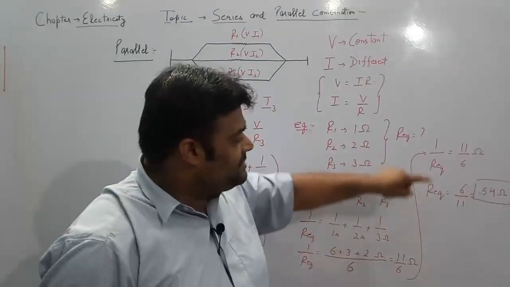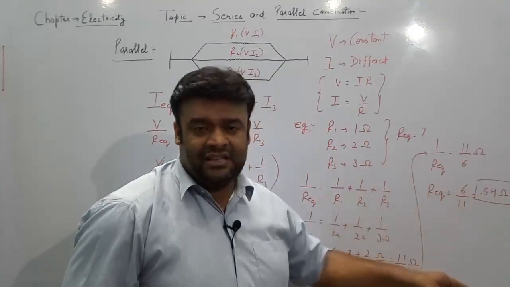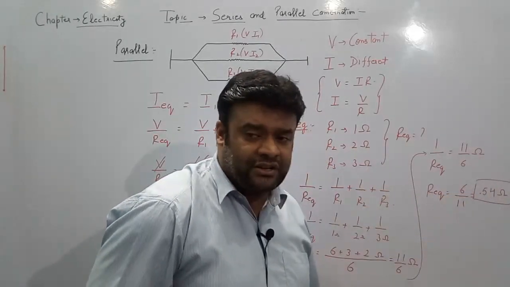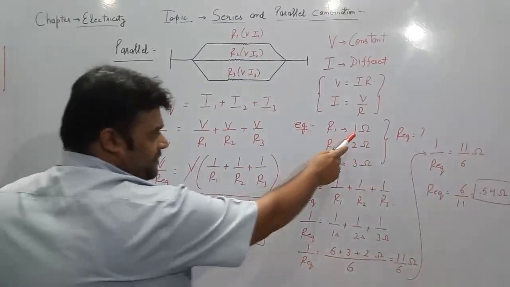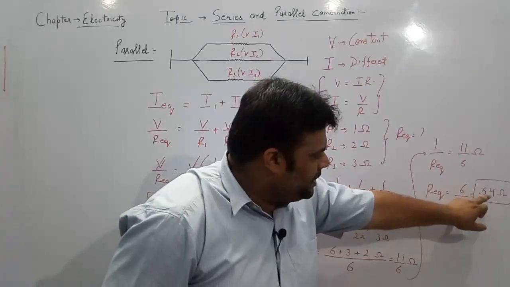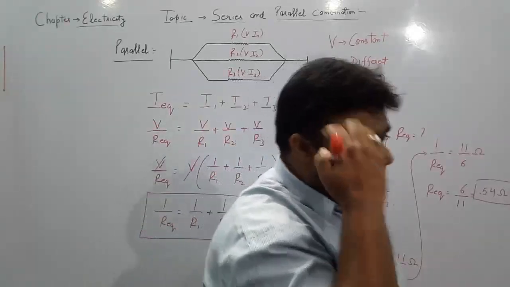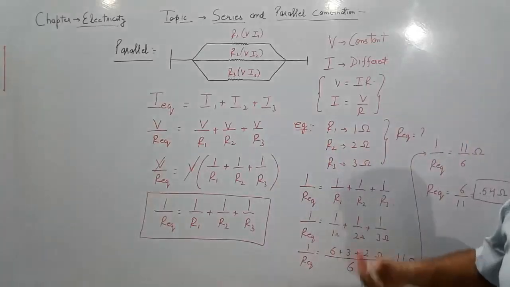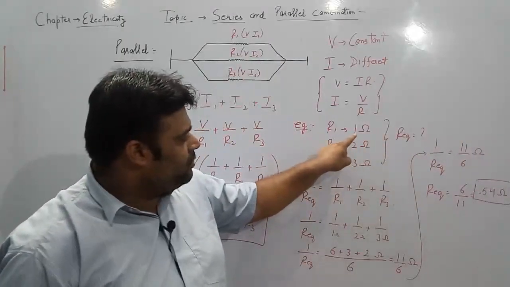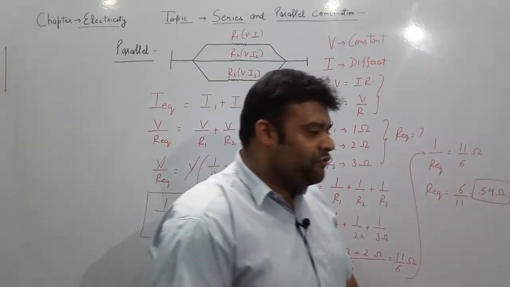लास्ट में हमें हमेशा आंसर में उसका रेसिप्रोकल वैल्यू फाइंड आउट करना होगा एग्जैक्ट वैल्यू के लिए फॉर आर इक्विवेलेंट. एंड वन थिंग व्हिच वी हैव टू अंडरस्टैंड हियर इज वैल्यू फॉर आर इक्विवेलेंट इन पैरेलल कॉम्बिनेशन is always less than the lowest value in the combination. इसमें सबसे लोएस्ट वैल्यू 1 ओम था, इक्विवेलेंट रेजिस्टेंस 0.54 ओम, 1 से भी लेस है। सीरीज कॉम्बिनेशन में हमेशा हाईएस्ट वैल्यू मिलेगा ग्रेटर रेजिस्टेंस से भी ज्यादा, और पैरेलल कॉम्बिनेशन में हमेशा लोएस्ट वैल्यू मिलेगा सबसे लोअर रेजिस्टेंस से। अगर सबसे लोअर रेजिस्टेंस 1 ओम ले रहे हैं तो इक्विवेलेंट रेजिस्टेंस का वैल्यू 1 ओम से भी कम होगा।